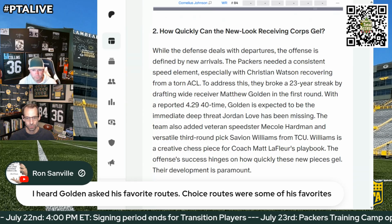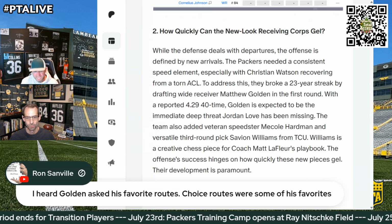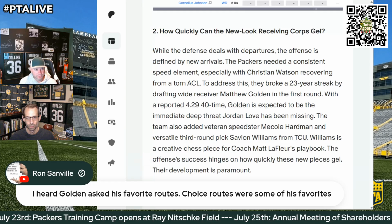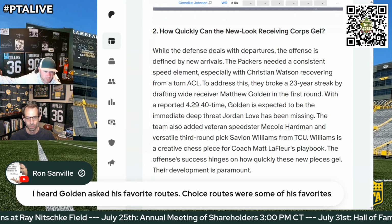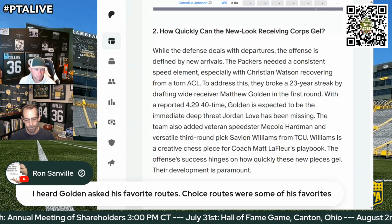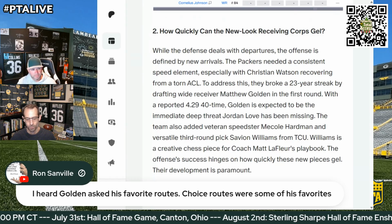If you guys don't know about Quinn Ewers, not to talk too much college ball here, but Quinn Ewers turned down a reported $6 to $8 million in NIL money to return to college. He said, nope, I'm going to the pros, and he fell to the 7th round. He's making less than $1 million this year. So that's how valuable he was seen at the college level because he has that veteran leadership and that awareness